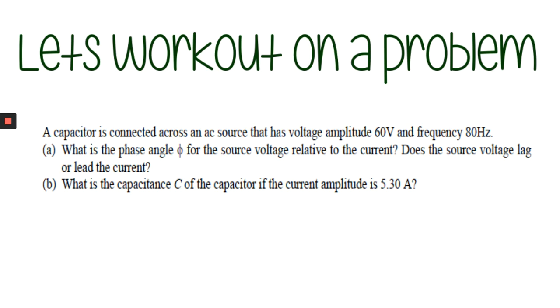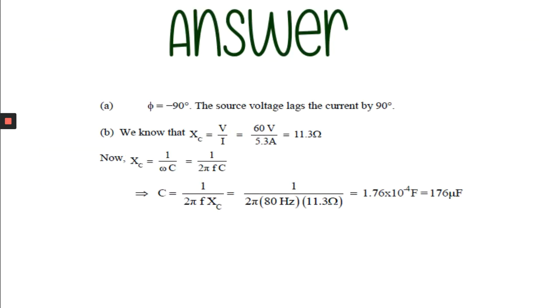Okay, so now let us find out the phase angle first, then the capacitance. Here in this case, the AC circuit only contains a capacitor. When it contains only a capacitor, already we have discussed that the voltage lags the current by 90 degree. So as it lags, you can write phi is minus 90 degree.